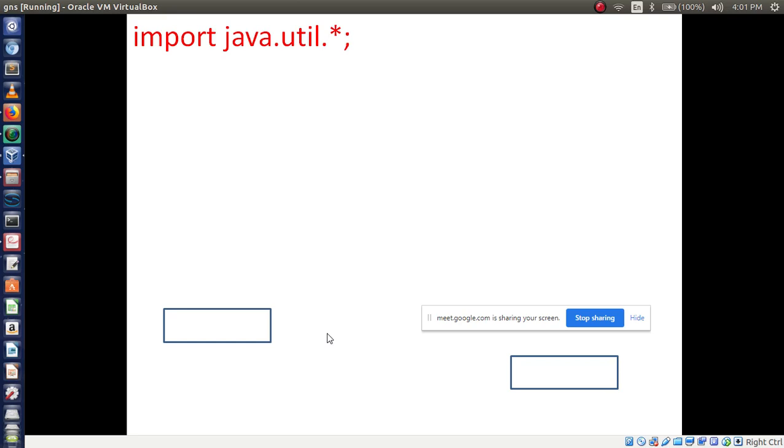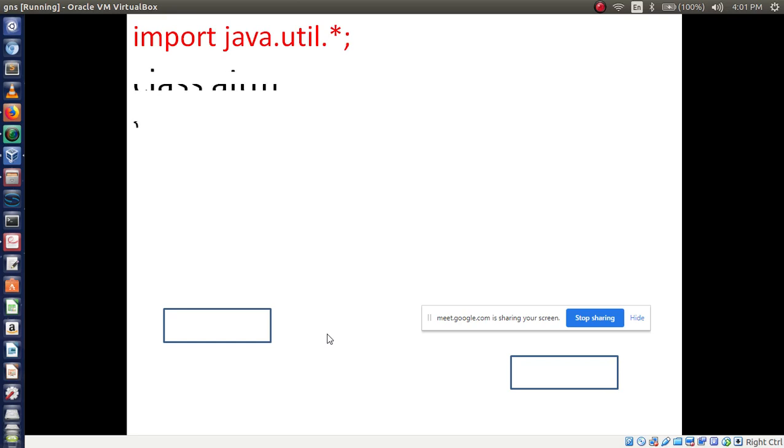So one class we are using, that class name is Scanner, right? So next what we have to type, next is class or what, public static void main. What should I write next? After importing java.util, next line is what?